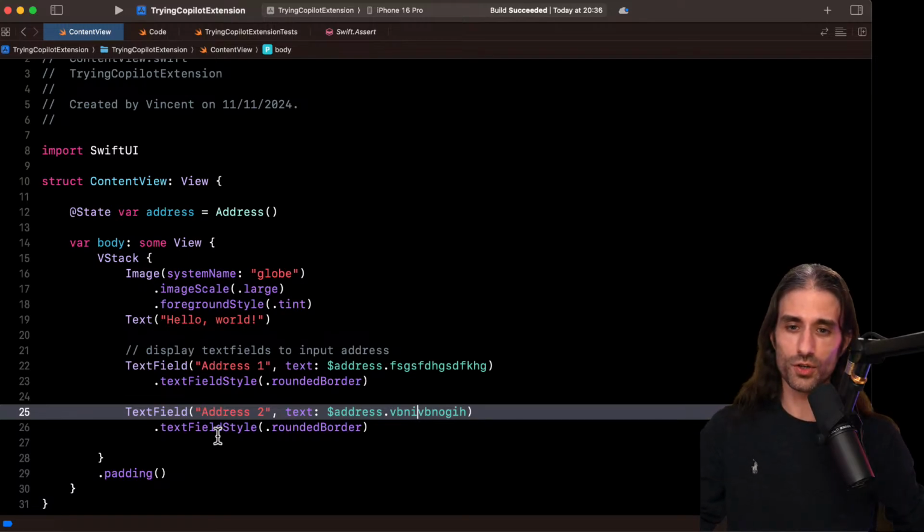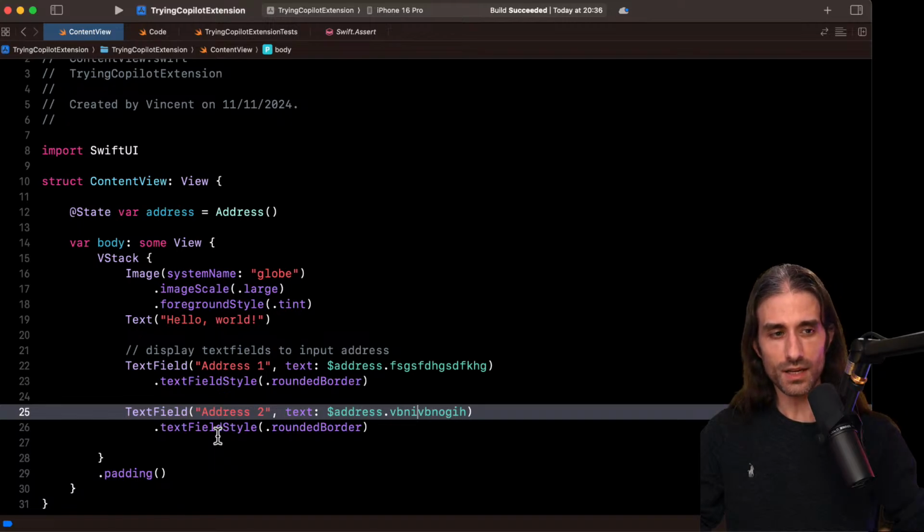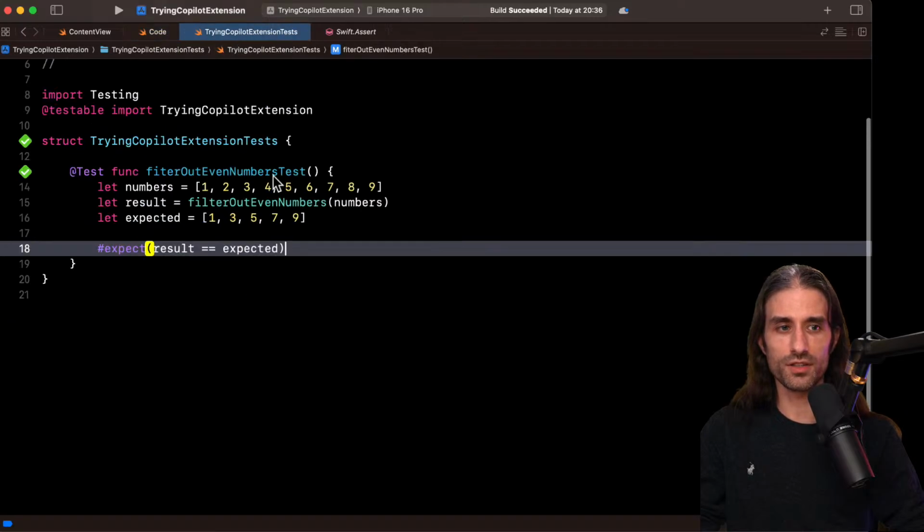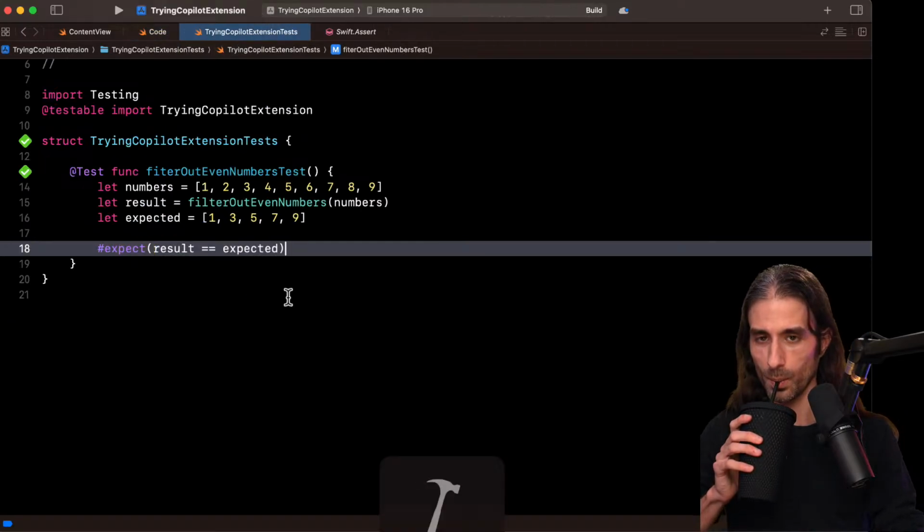So of course, the question would be, how much does it scale to a large project? Does it know about the other file because it's just sending all of the files, and then that only works up to a certain size? Because I don't think on a very, very large project all the files can fit within the context of Copilot. But at least here it seems to have worked quite well.